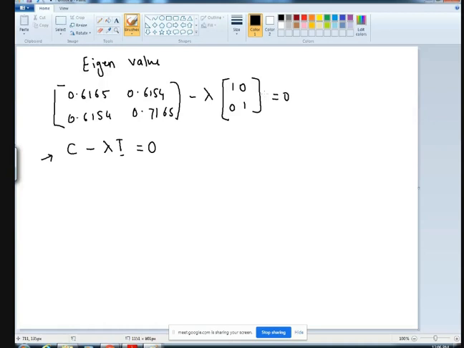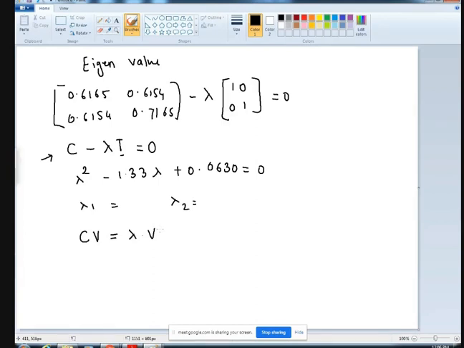Now we are going to do the calculation for the same. So we are going to obtain the value for your lambdas. When you actually substitute this and obtain the answer, you get an equation like this: lambda square minus 1.33 lambda plus 0.0630 equals to 0. So with this you obtain some lambda 1 value and some lambda 2 value. Now after obtaining these values of lambda, that is the eigenvalue, we need to find the eigenvector. For finding the eigenvector, we have the formula covariance into eigenvector is equal to lambda into eigenvector.